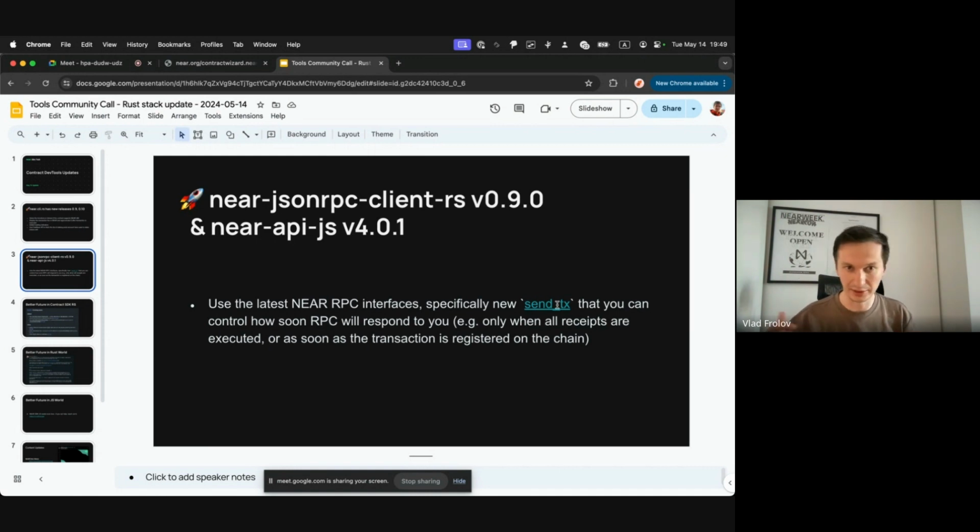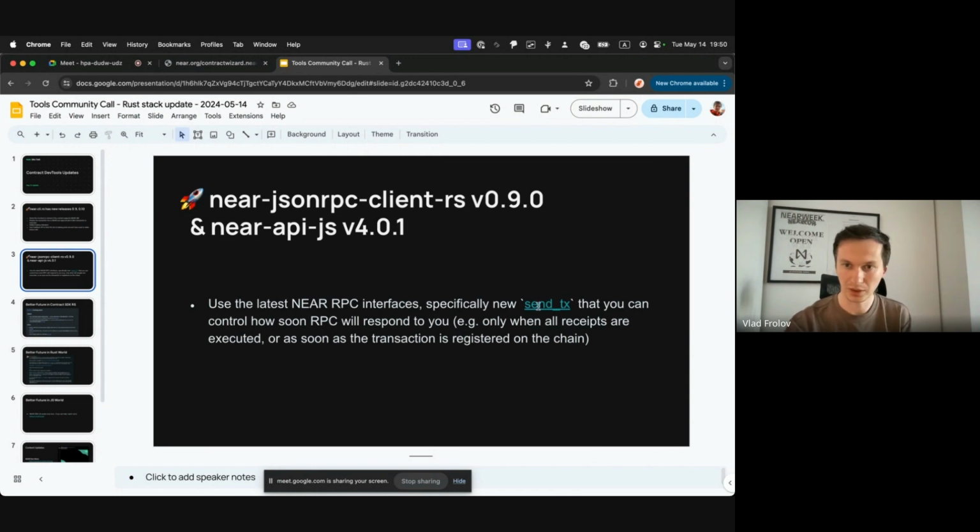And this will take a little bit longer. As you imagine, it will need to wait for all the blocks to be produced and finalized. But now, as a developer, you can choose what user experience you actually need at a certain point in time. So this is very nice, and all the clients are supporting it.